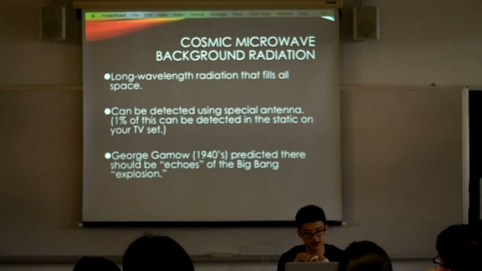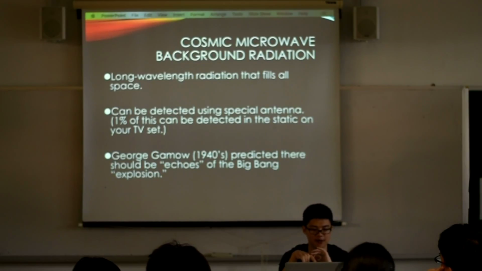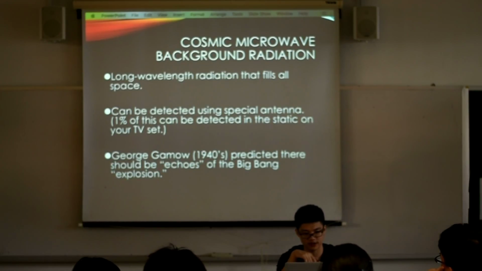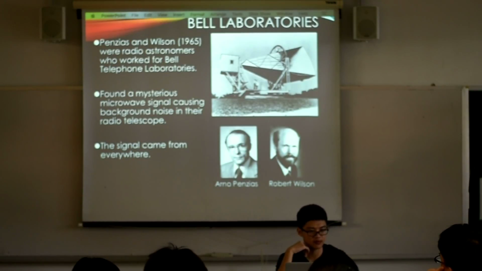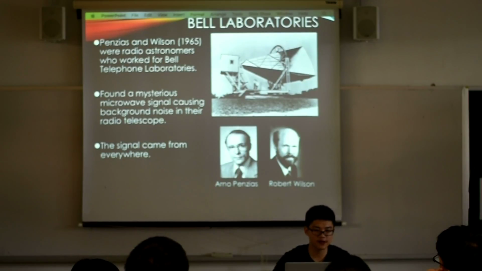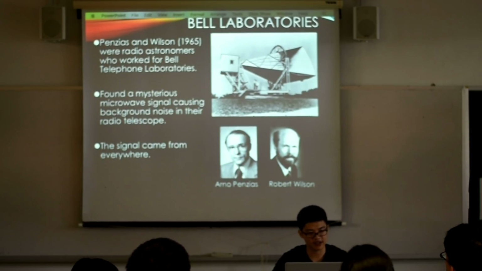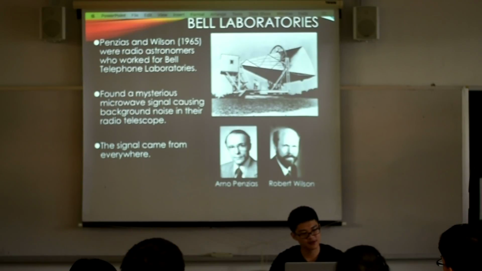This can be detected using a spectral antenna, and it is described as the echo of the Big Bang explosion. In 1965, two physicists at Bell Laboratories accidentally discovered this microwave radiation. At that point, they did not know and thought it was background noise of the radio telescope. But after they released this result,